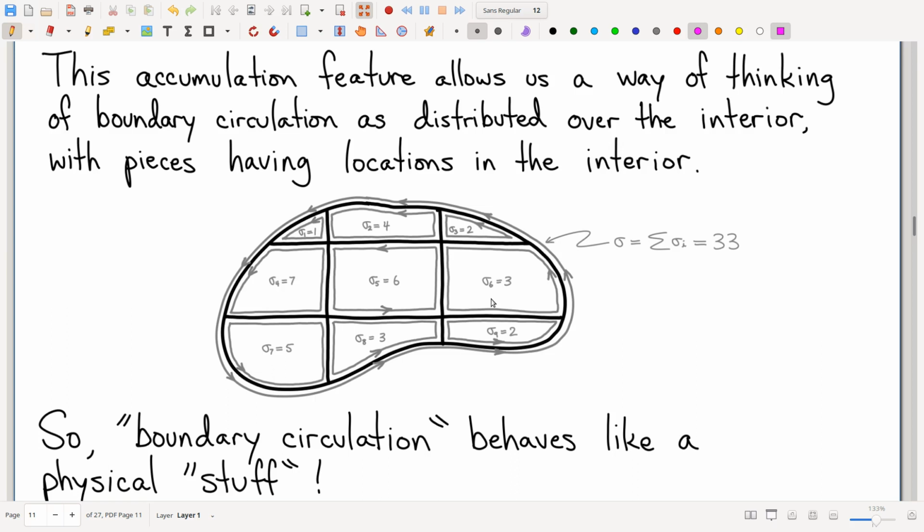So the idea is this. Even though boundary circulation is computed on the interior, even though it's computed on the boundary, after all, it's boundary circulation, you can, and I claim should, think of it as something that's actually happening on the interior. It's very weird to think of it this way. How could something that's computed over there actually happen in the middle? And the way to see this, according to what makes sense to me, everybody's different, of course, is to